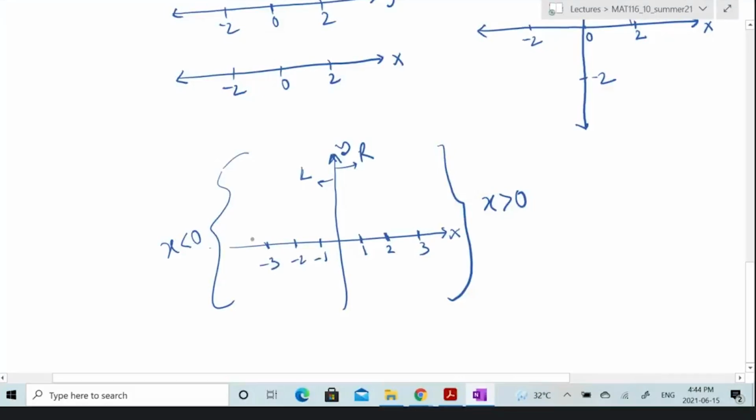Now similarly, any number above the x-axis, for this case y is greater than 0. That's why we write positive 1, positive 2, positive 3. And below the x-axis,